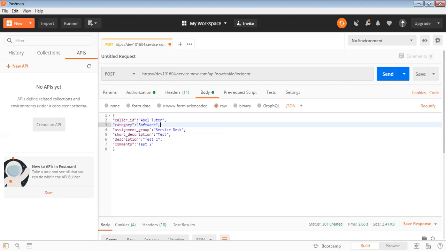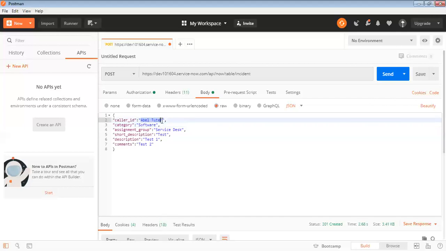User ID could be maybe an email address. Yes, email address. So that means this should not be the name. When we send the name, the caller has been populated properly with the name, right? But in a real-time scenario, or to avoid future issues, it should not be the name. It should be either an email address of the user or something else like a unique ID.